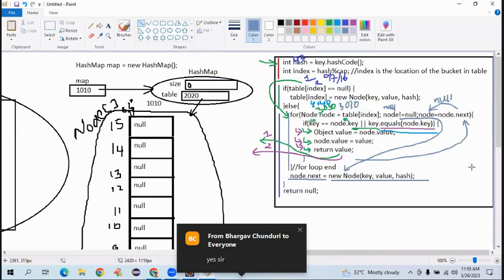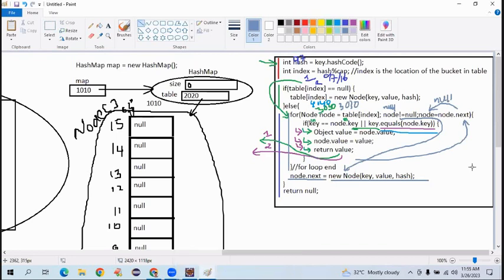When I go till end, or else we can write here inside the for loop only. Now the node variable is currently pointing to what? Node not here. Then once this if condition is completed,